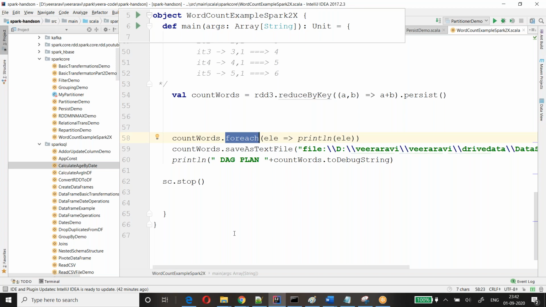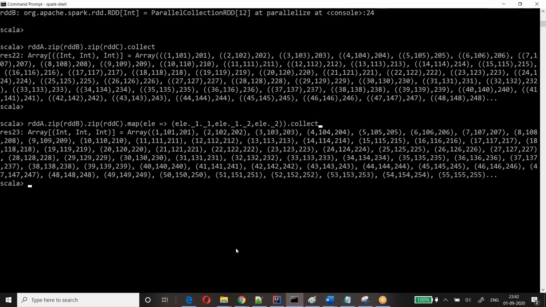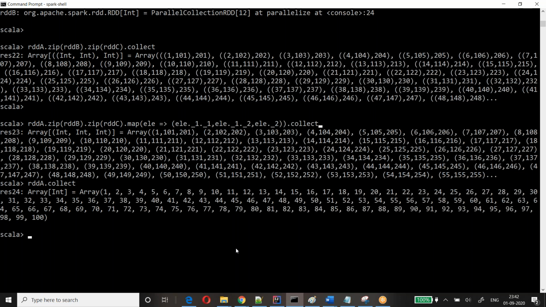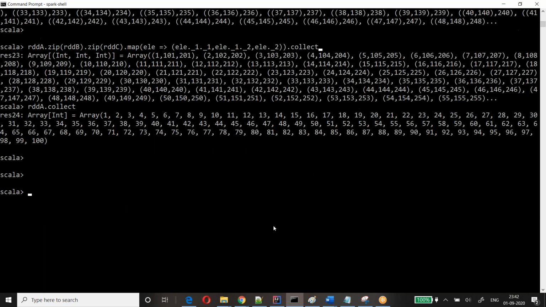Let's say I have RDD A. I'll just quickly finish this; it doesn't take much time. I have 1, 2, 3, 4, like this. When I want one number to be attached to every element, you can go with another RDD and attach it. Or there is something called zip with index.